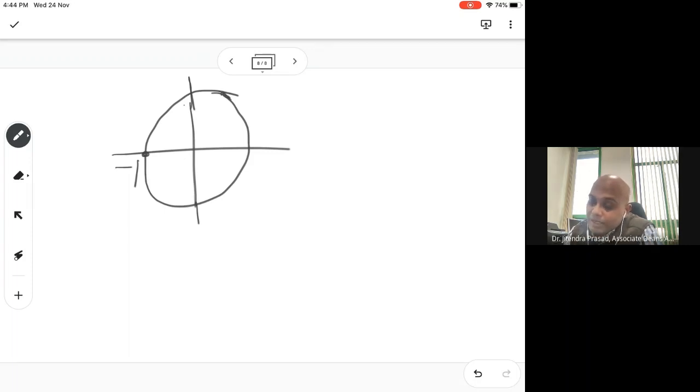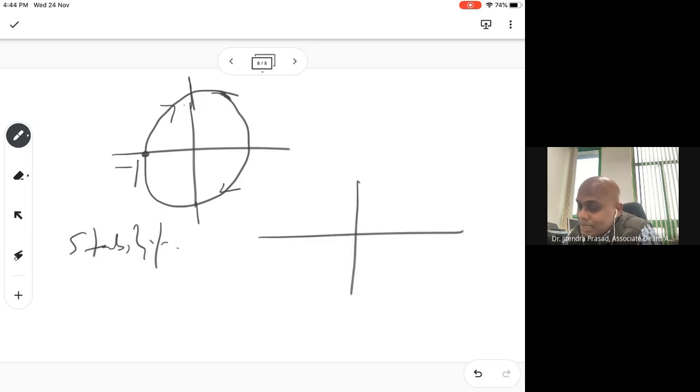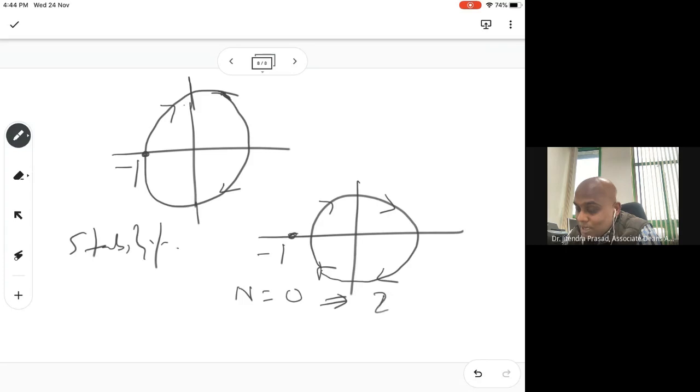So this is basically not stable. To make it stable, the line should not pass through -1. Either it has to not enclose, because this is clockwise. So for stability, you need -1 to be here, and this will be passing like this. Why? So that we have N equal to 0, and that will tell us the number of zeros is equal to 0. So this should be like this.